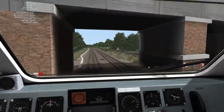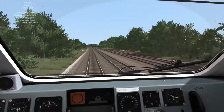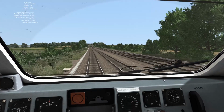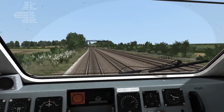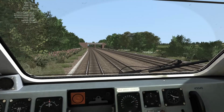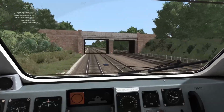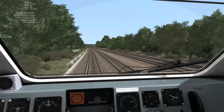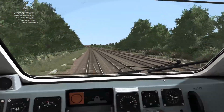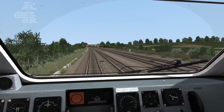So I've got off at Loughborough before to go to the Great Central Railway. That's basically the place where most of us probably get off at to go to. There is a Great Central Railway route for Train Simulator available by Steam Sound Supreme. However, there is slight issues on that in the sense that basically the latest version of the route doesn't seem to come with the platform assets. And this is something that really does need to be rectified because people are getting fed up of downloading that route and not having the platforms